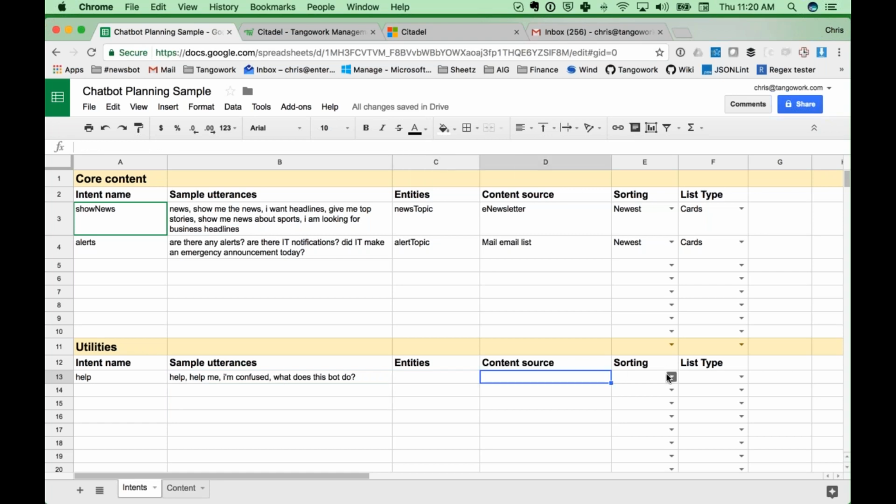Content source, but I don't think that's relevant. The sorting, I don't want any kind of list, right? I just want to send the help. And the sorting, well, it's probably just random, right? So if I say random, then it can have several different help messages, and it presents a variety of responses